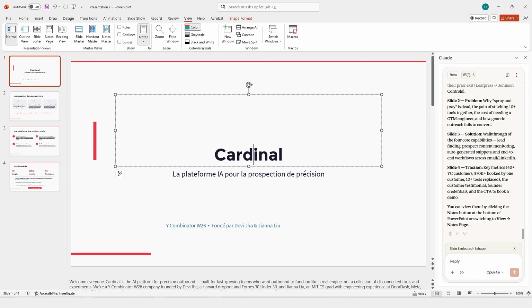And remember, this doesn't work on iPad or Android. This is just desktop and web only. And the last thing I will say is that graphics analysis is limited. It processes PowerPoint to Markdown internally, so it can lose some information contained in graphics or images